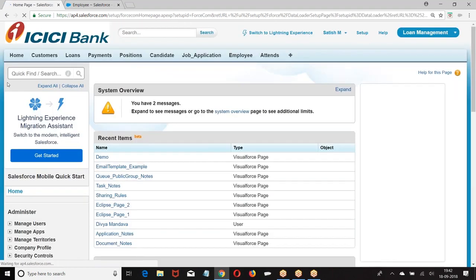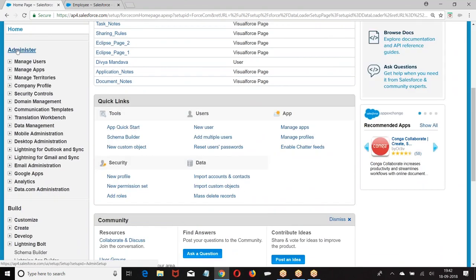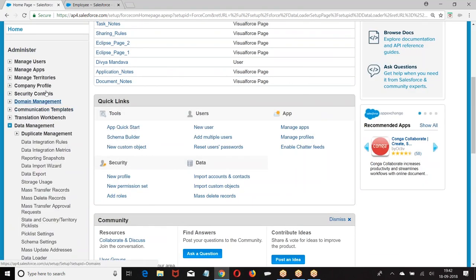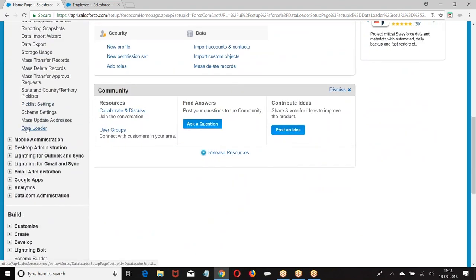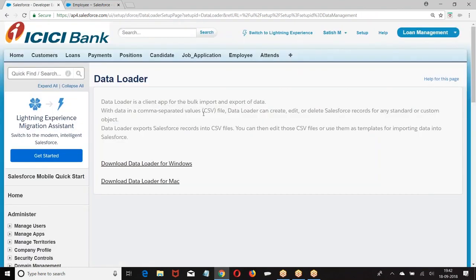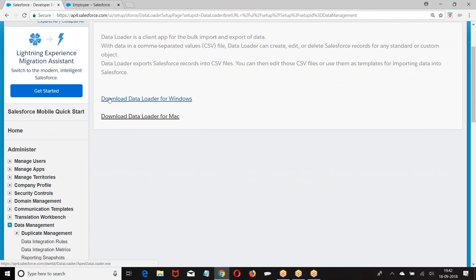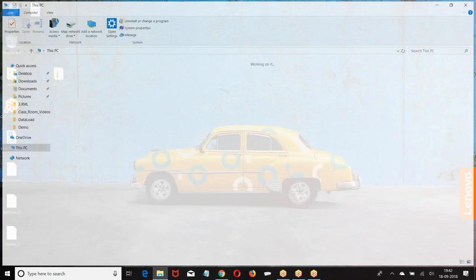Setup, administer, data management, Data Loader for Windows. Download. When you click on download, this file will be downloaded.